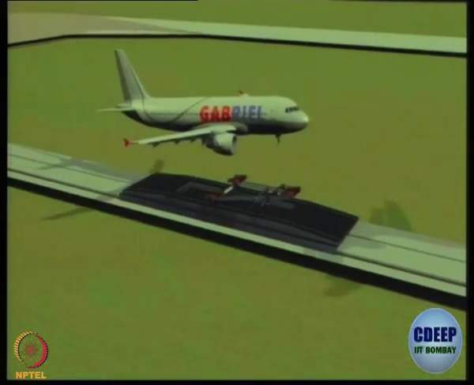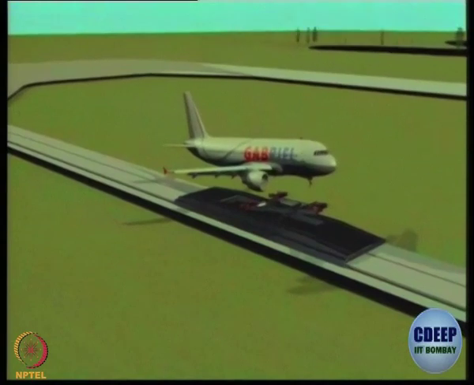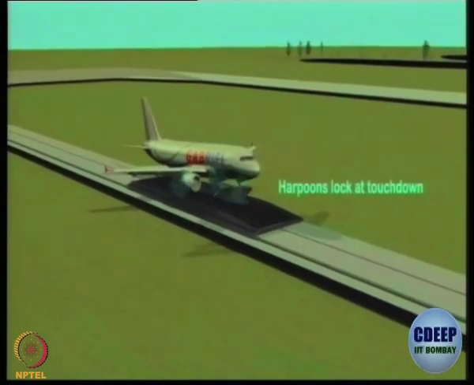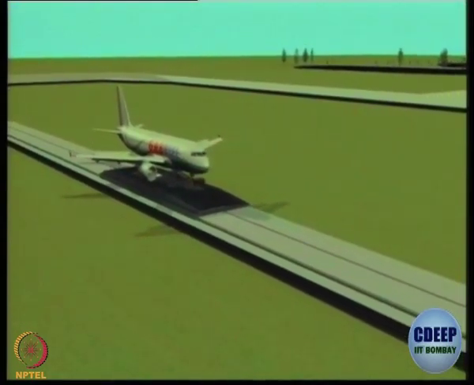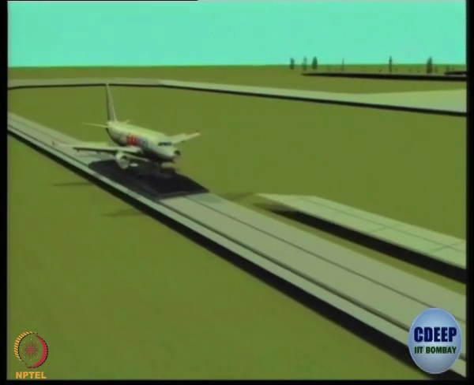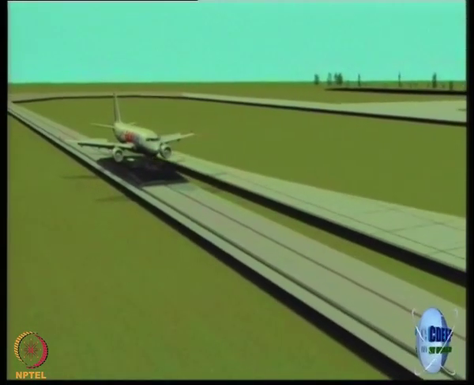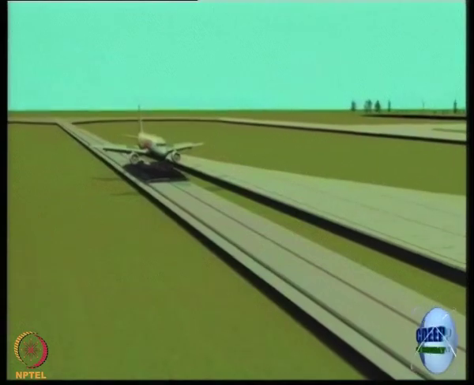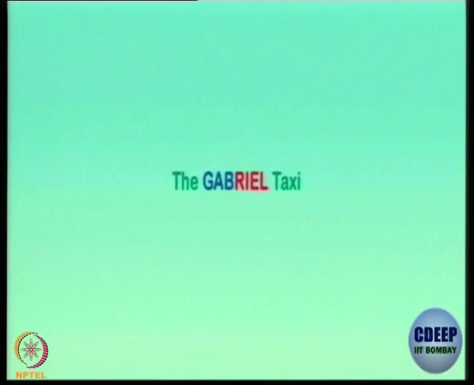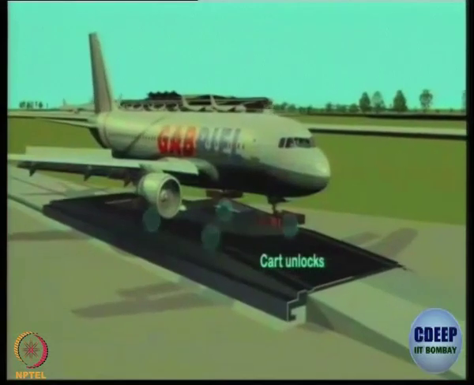At touchdown, the aircraft's harpoons will be locked tight by the fifth wheel style cradles of the cart. Energy dissipation will also be assisted by the maglev track, resulting in more efficient braking. It is of course obvious that without wheels, aircraft ground movement has to be assisted as well.